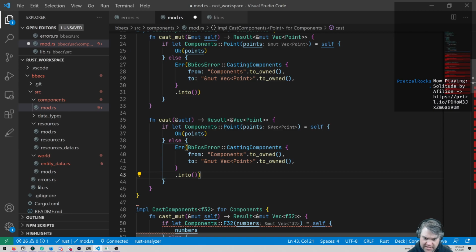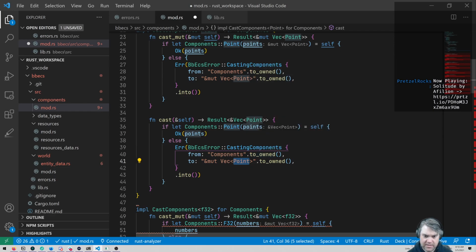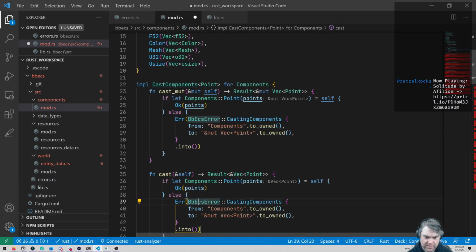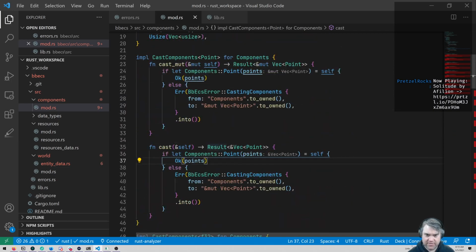So error, and then from components into, I guess this is still point. So then this is slowly becoming happy. All right, so I think we have a plan. We can now slowly start working towards this.